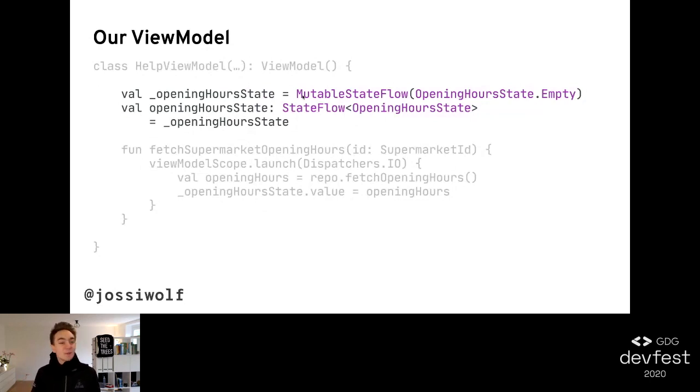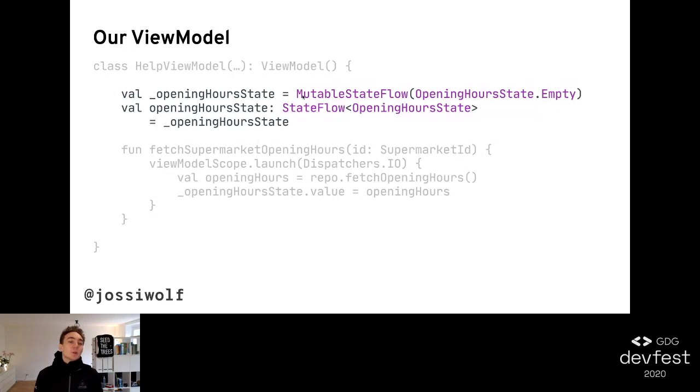That would be pretty bad, or just pretty chaotic. You don't want to do that. And so we have that as private. Just imagine it as private. So we create a new StateFlow instance for that, and the initial value of that is opening our state.empty